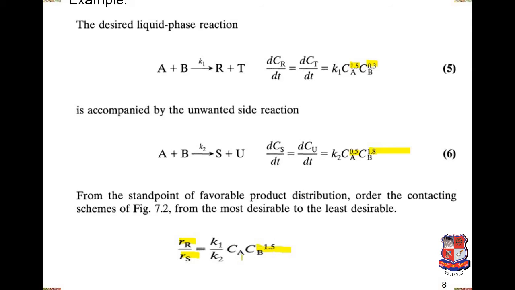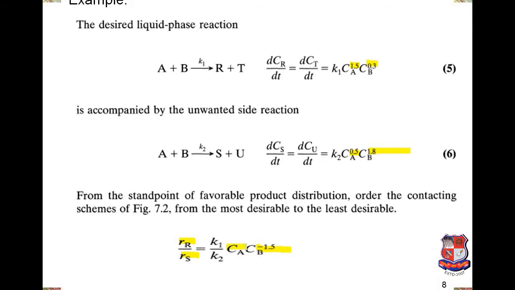So now we have this order Ca into Cb, where Ca is a positive order, Cb is a negative order. So what can you conclude? If you have to choose a suitable reactor configuration, and R is our desired product, we have to maximize this value, Ca by Cb. So we have to maximize Ca and minimize Cb, because it is in the denominator. So we need a high concentration of A and a low concentration of B. That is what we can learn from this configuration.